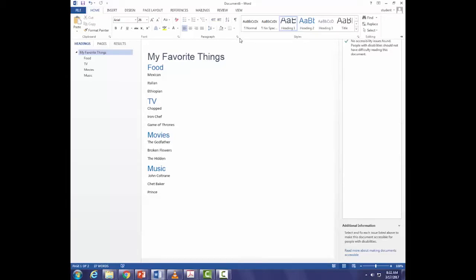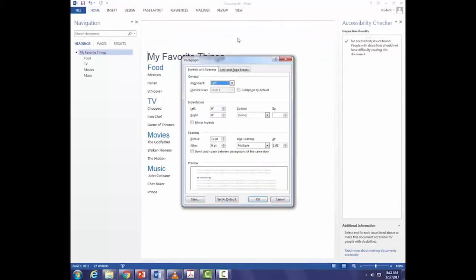So let's go up to this paragraphs group and click on this square here till we see this drop-down menu. And you should see the paragraph control box. Do you see indents and spacing? Do you all see that? Everybody's good, right? All right, good. Under line spacing, let's make sure we have multiples, right? Do we have multiple under line spacing? Do you see that?